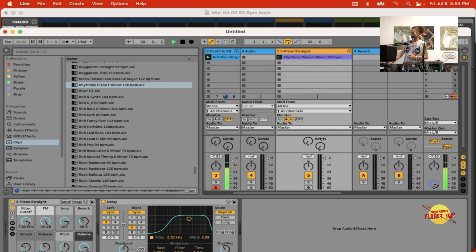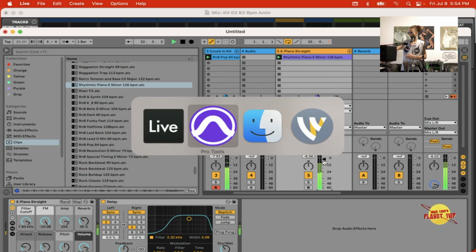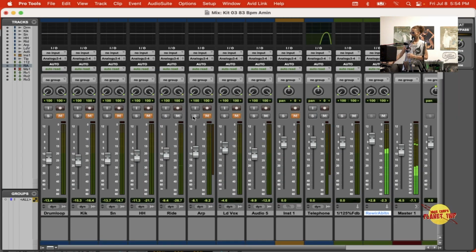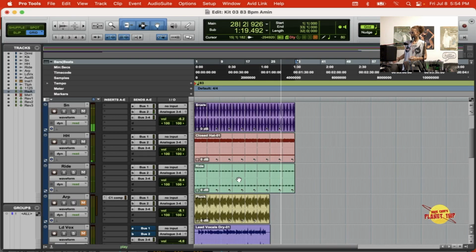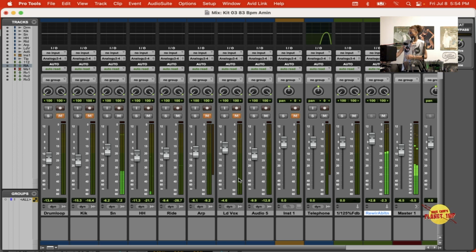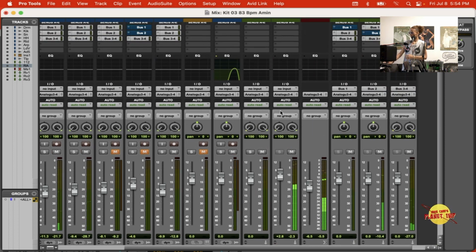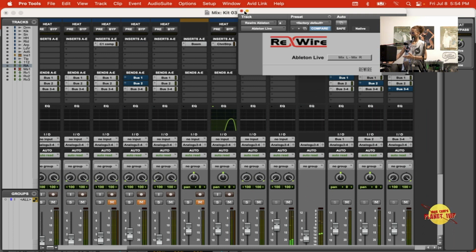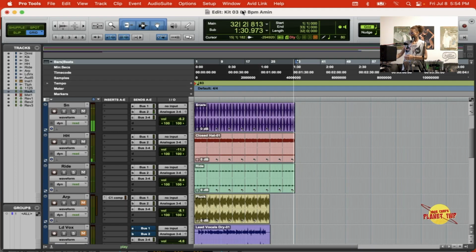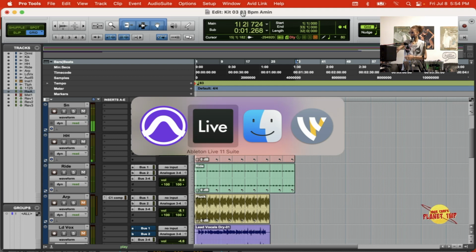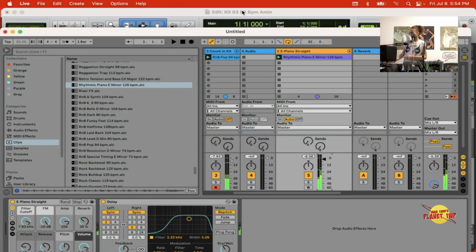Okay, let's play that. Let's mute that ARP so they won't be ridiculously out of key. Bring these back. Excellent. So cool. So now here we have Pro Tools with Ableton together. And the output that we're hearing here is the output of Ableton, and we're hearing the left and the right side. If we wanted to use them separately, in other words, have different tracks for the tracks coming from Ableton,